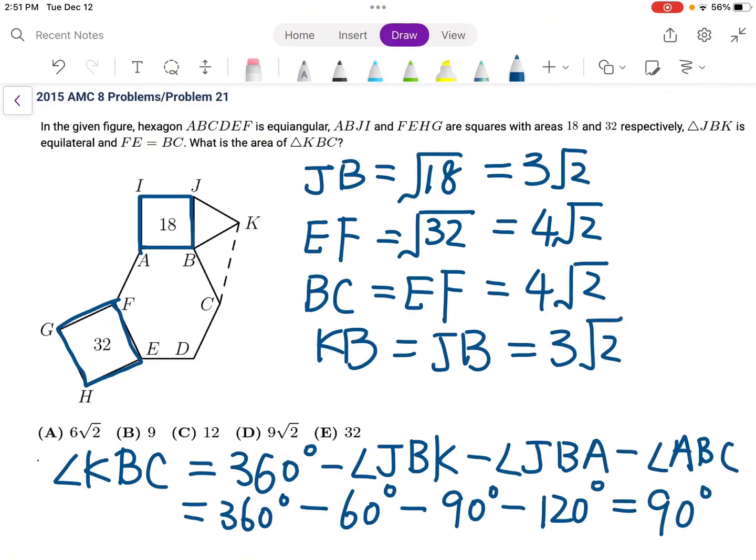Therefore, triangle KBC is a right triangle, and its area is